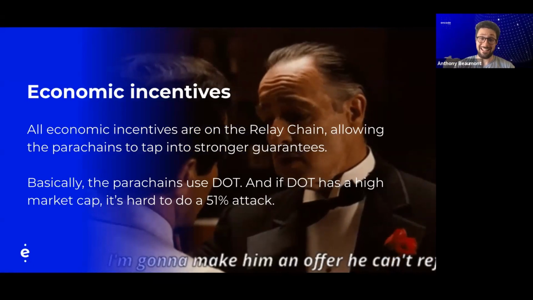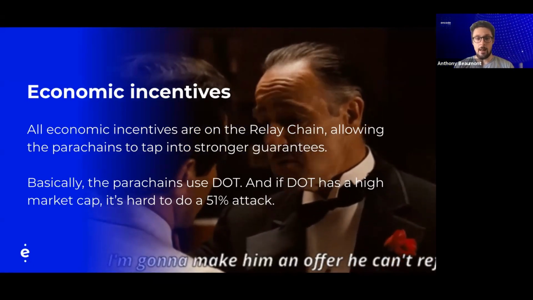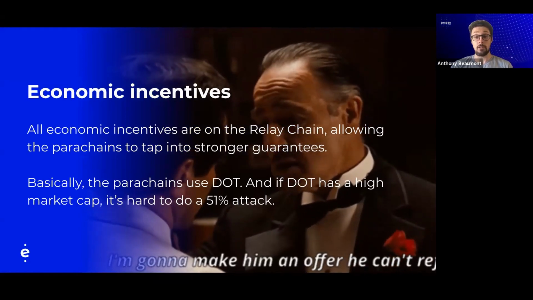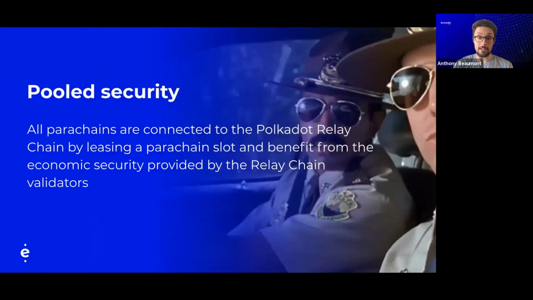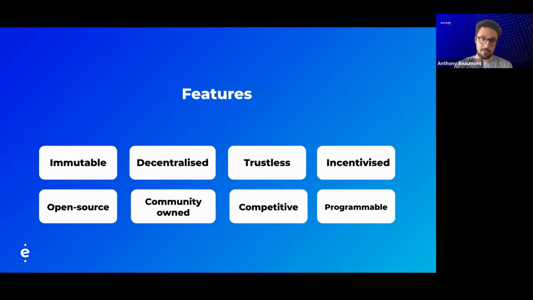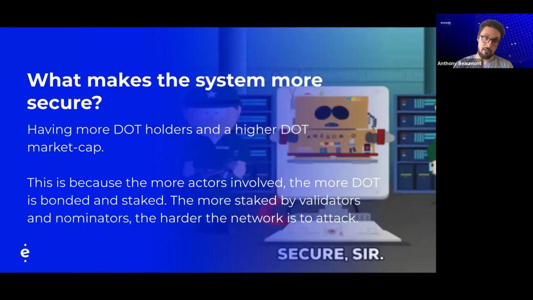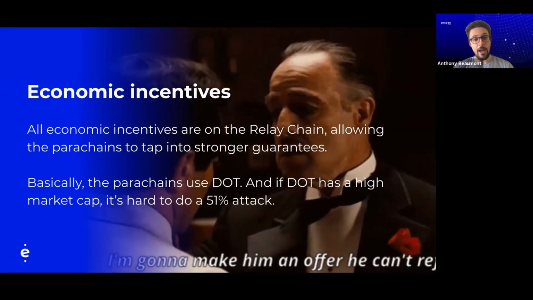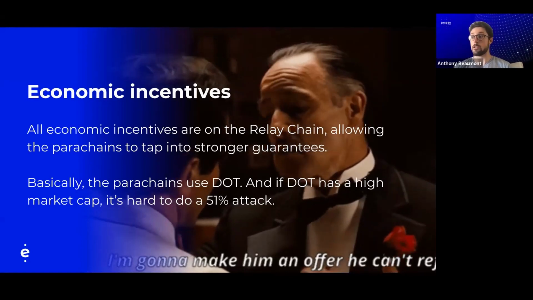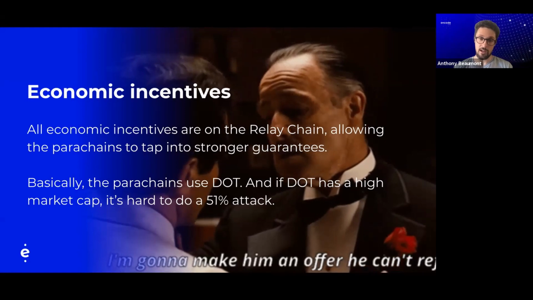And what we mean by this is actually economic incentives. If everyone is using DOT as their token, then it's very difficult for someone to have 51% of the market cap, enough to take over the network and rewrite the spreadsheet, if we go back to this slide. The only way you can really change the state of affairs is if you are the majority party. But this is extremely difficult to get to if you have a token that is as powerful and has as many holders as DOT. So effectively, in one sense, they're borrowing the Polkadot system to verify transactions, its consensus. What they're actually saying is we're going to use DOT as the economic incentive by which everyone is part of this system.